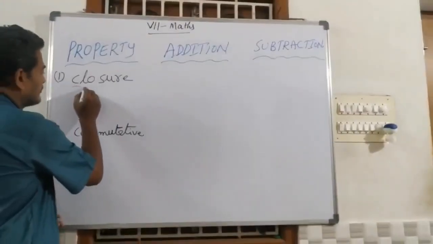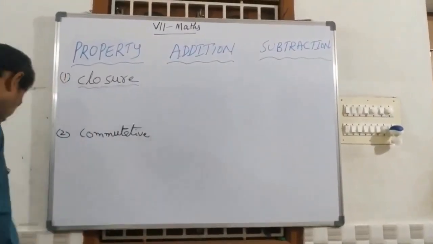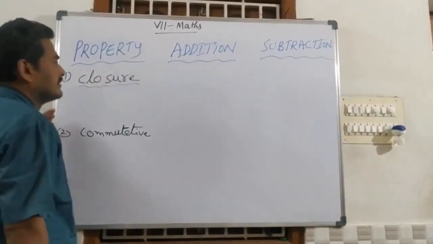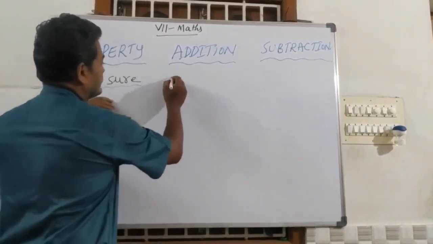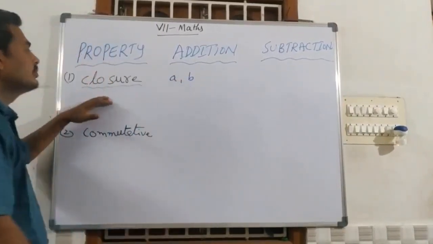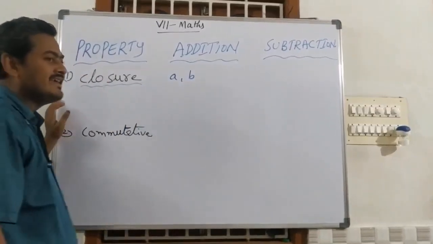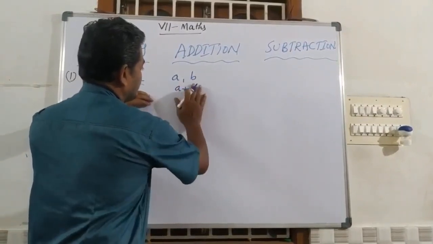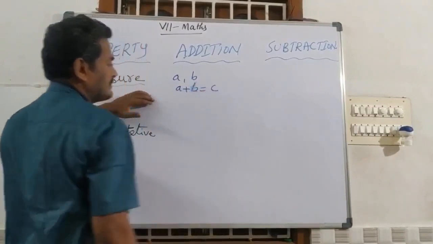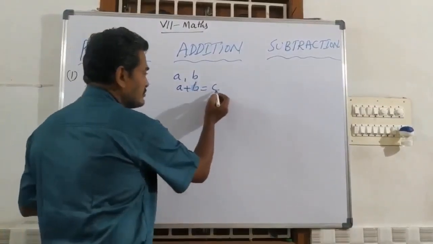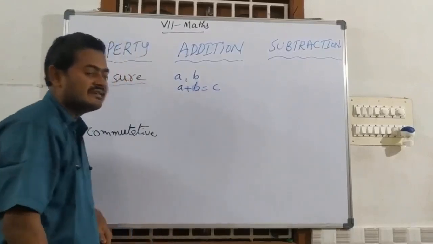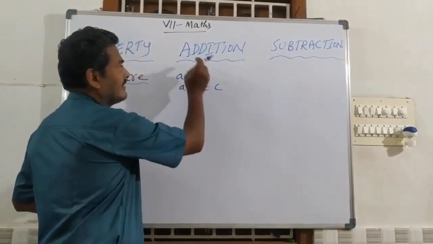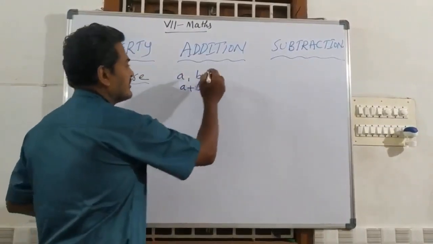So, first property, closure property. How can we define closure property? Closure property means A and B are any two integers. Then a plus b equals c. Here a, b, c are three integers. So the sum of two numbers is also an integer. Then this property is called